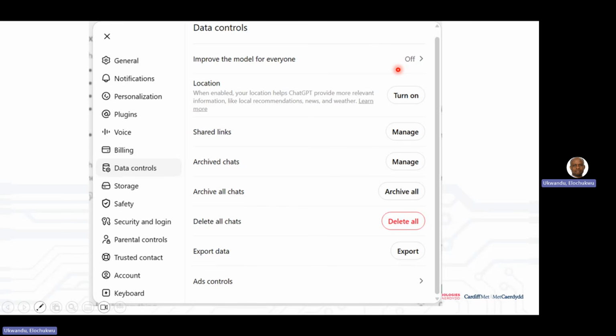And that is how it also learns. If you put in your name, personally identifiable information, a lot of things about you, it also learns about it and then improves on it. And of course, once you give out this data, you can't retrieve it back. It has become public information, which is used to train AI.